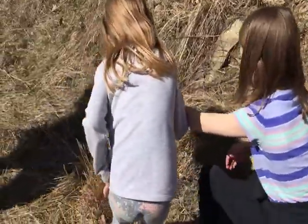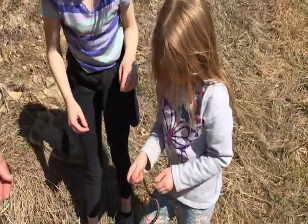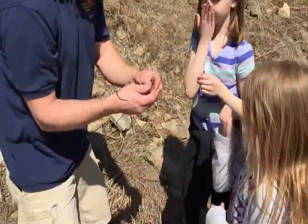Oh, nice. Try to grab it by its head, Journey. Oh, that one's beautiful. Look at how bright that one is. Oh, careful, gentle with him. Try to grab from behind. Slow and gentle. He might try to. Oh, did he? Careful. Wow, this is the prettiest one yet. Look at that. He peed on